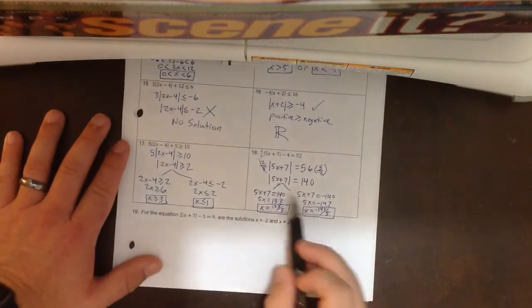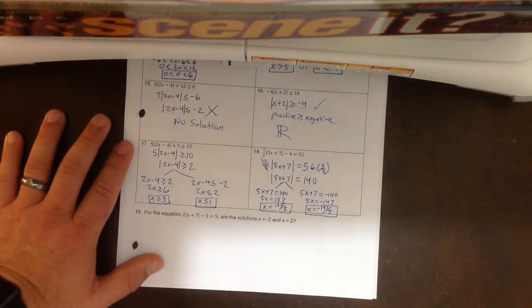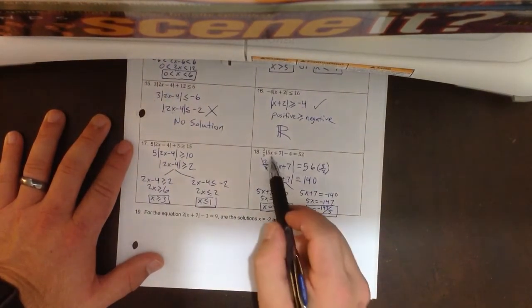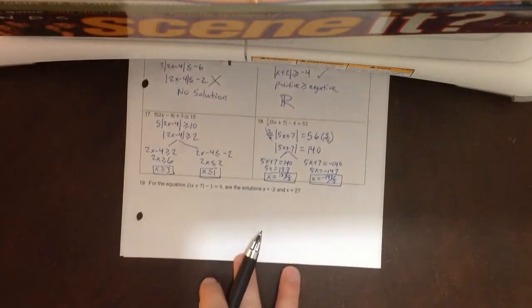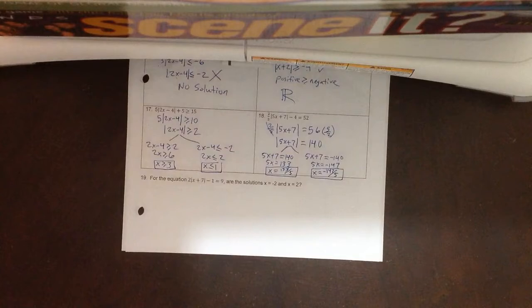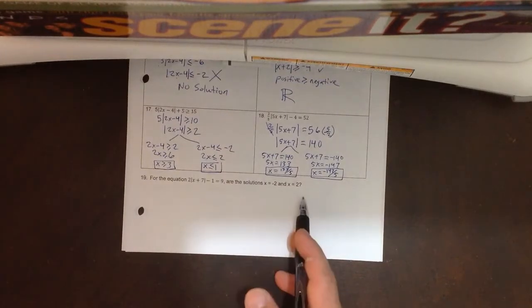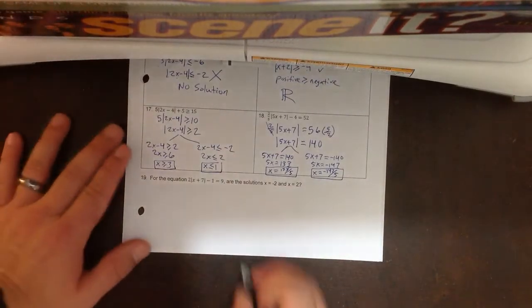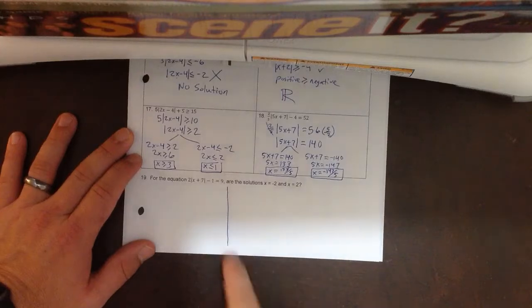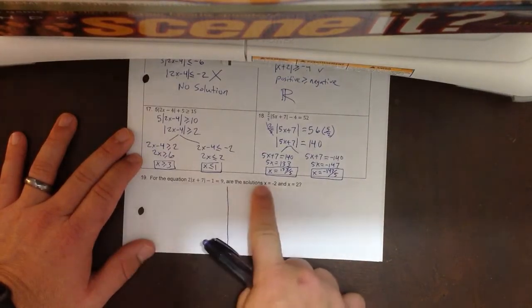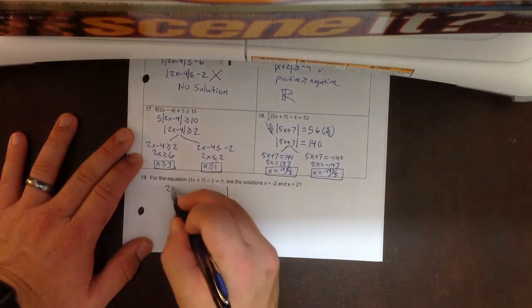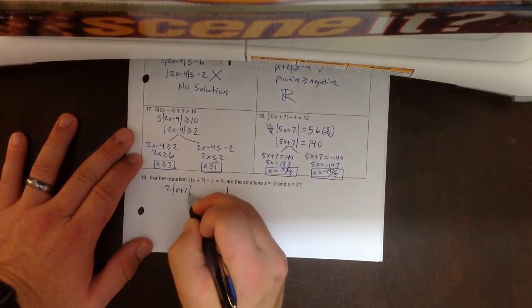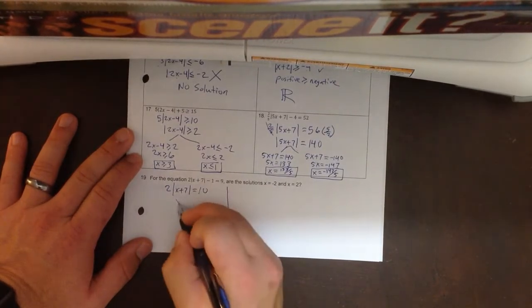And if you're ever unsure of your answers, or maybe you have answer choices, you can always plug these back into the original and see if it works out to be true. Alright, and last one, number 19. It says, for this equation, are these the solutions? There's two ways you can do this. I'll show both ways. One way, we could solve this one and see if it matches this. And so I'll go ahead and show that way. I'm going to add one over, because we got to isolate that absolute value, divide by 2,